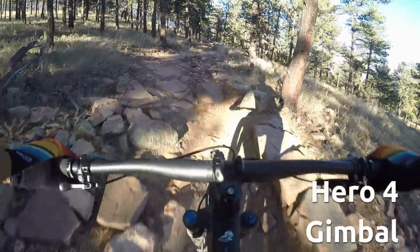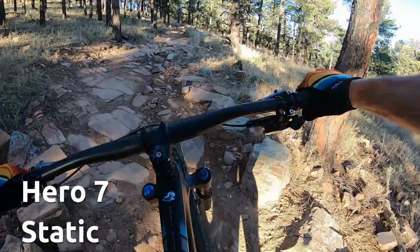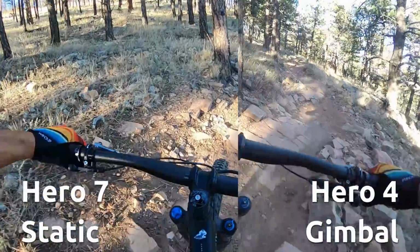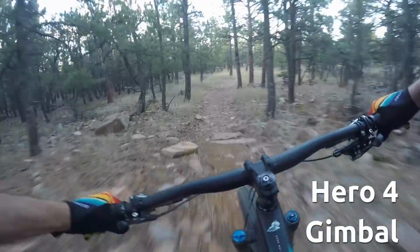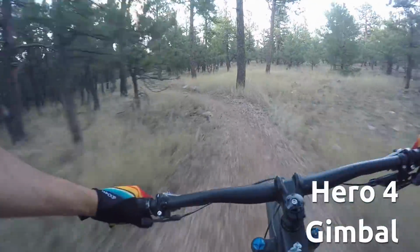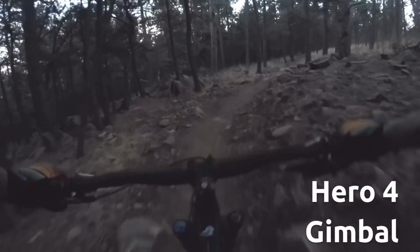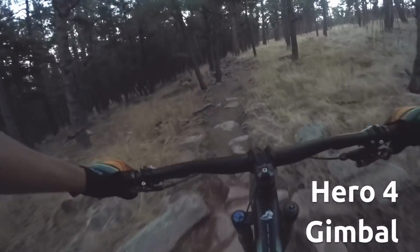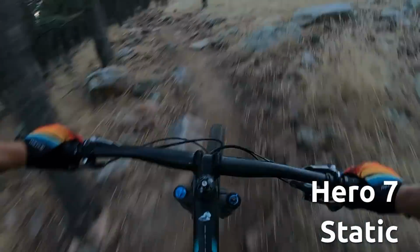Here's a choppy little climb on the way up. Further up, once we start going down, here's a small jump on the Hero 4, and then again on the Hero 7. And finally, some descending bumps on the Hero 4 gimbaled and the Hero 7 statically mounted,